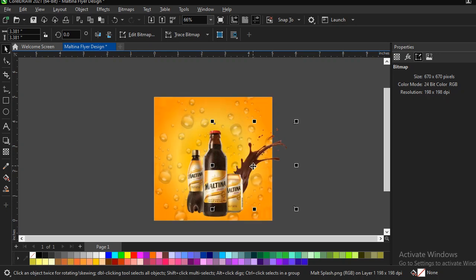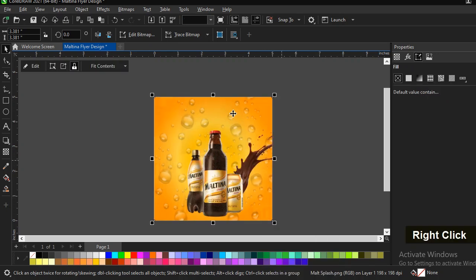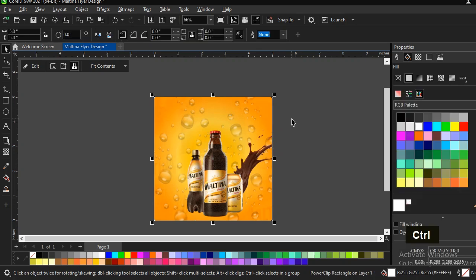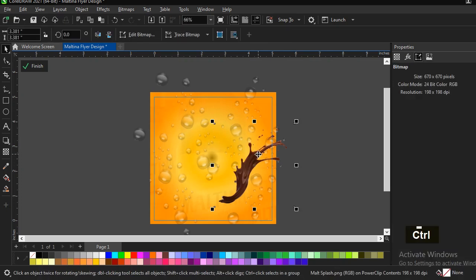Okay, can you see that? Then you right click again, then power clip inside this box. Then I'm going to import another one. You can import another one, or you can decide to just duplicate that one. It will be better to duplicate it so that you get the same size. Control D to duplicate, then you drag it to this other side